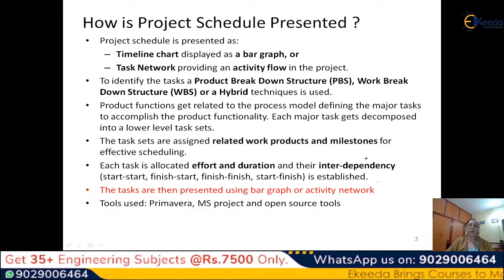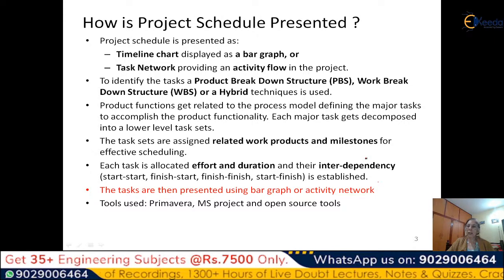For effective scheduling, you need these two things. And each task is also allocated the effort and duration. We have done the estimation. From that estimation, we will get the effort required, the manpower or person hours required, and the duration that it will take, and the